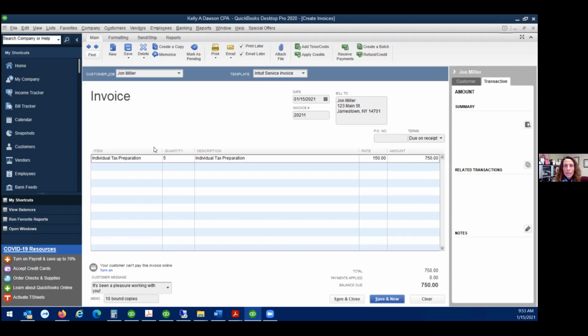They do have an annual subscription for QuickBooks for Pro and Premier, and that provides support and updates. That gets a little bit more costly. So if you want to just purchase it and use it until it's no longer